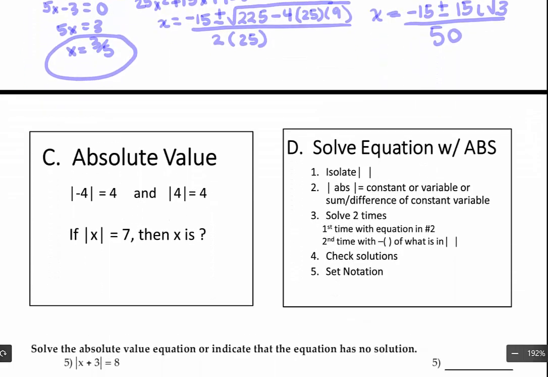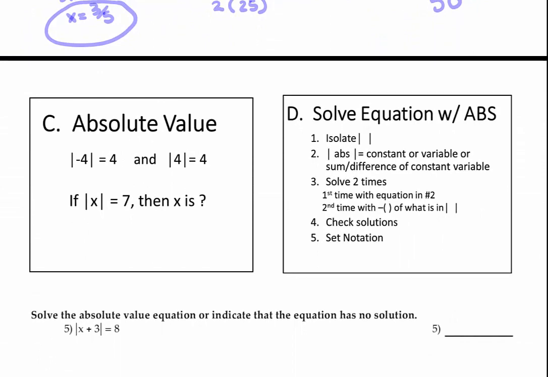Now we're going to look at the absolute value equations that are in this section. First of all, an absolute value cannot equal a negative value. Okay, so an absolute value cannot equal a negative. What's inside could be a negative, and when you take the absolute value of it, it becomes a positive because it's about distance. So for an equation here, if the absolute value of x is equal to 7, then x